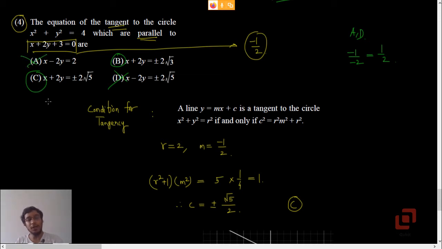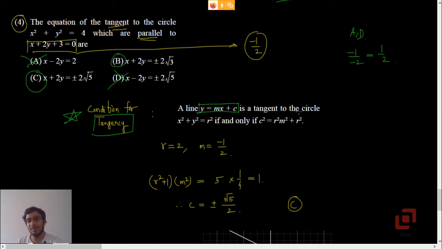Okay. Now to determine whether it is option B or option C, we are going to make use of this ready-made formula whose derivation is there in the textbook. Okay, and that is called the condition for tangency. Or to put it in other words, when is a line tangent to the given circle? Okay. So this condition for tangency says that, let us say we have the line y equal to mx plus c.